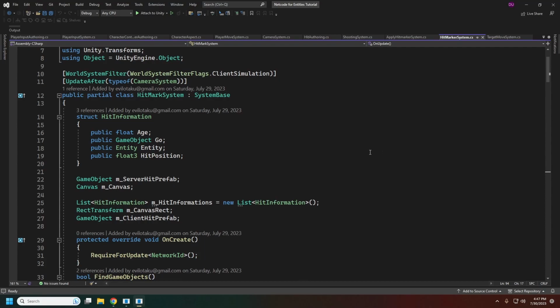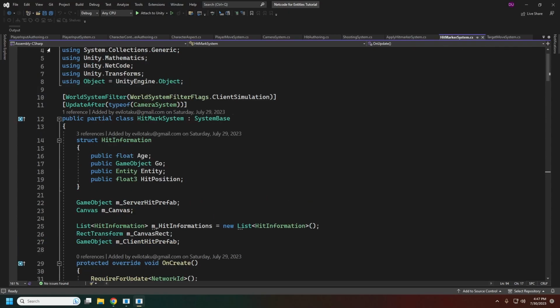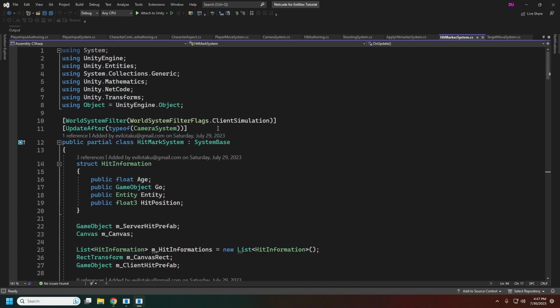All right, so this is what's actually going to display the hit mark system. This is only going to be on our client, because the client's the only one that's going to have a canvas for us to display it on. We also need to make sure that this is after our camera system, so